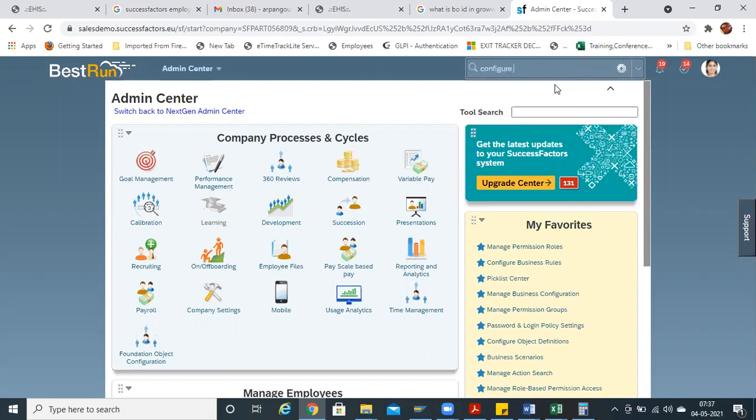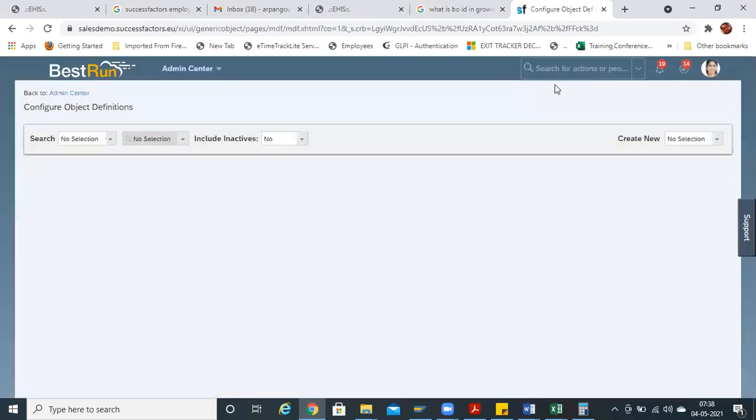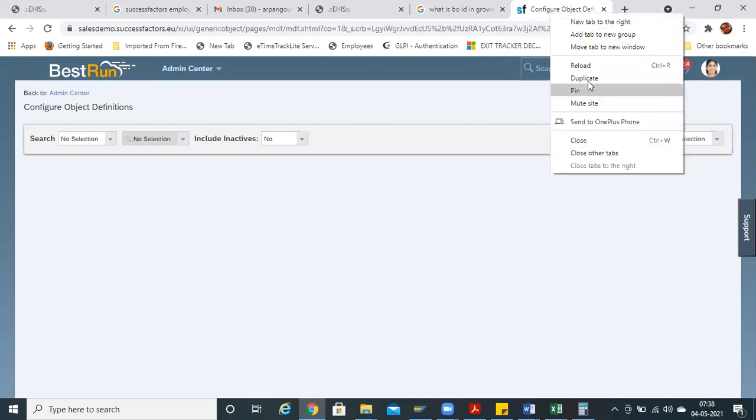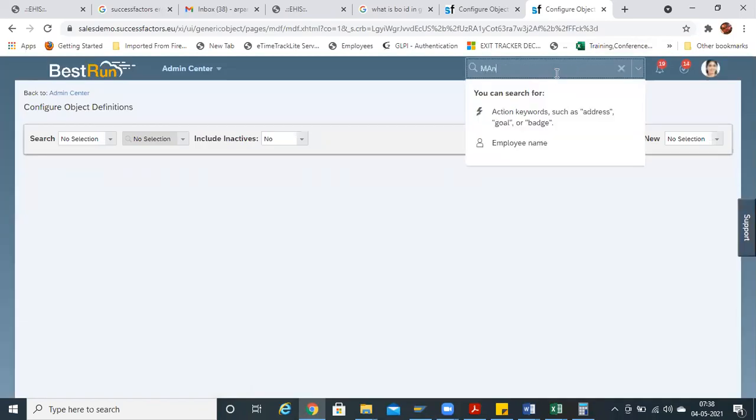Very good. And after configuring object definition, where will we be maintaining the object? What is the action name? Manage data. Very good.